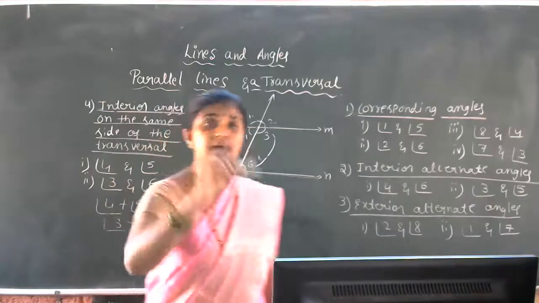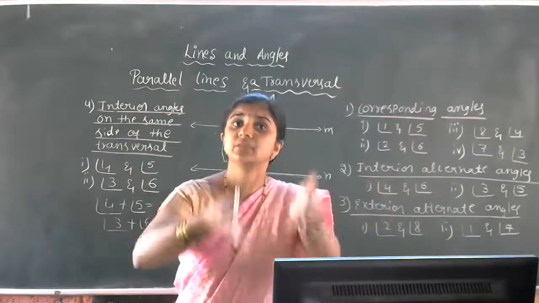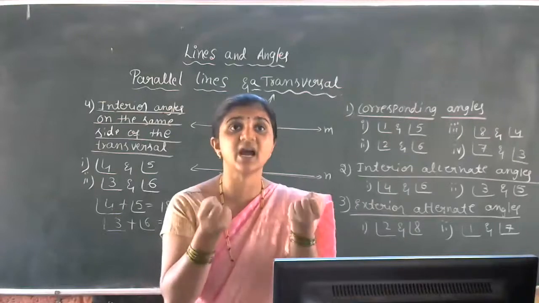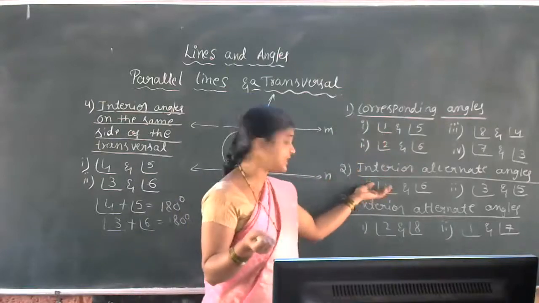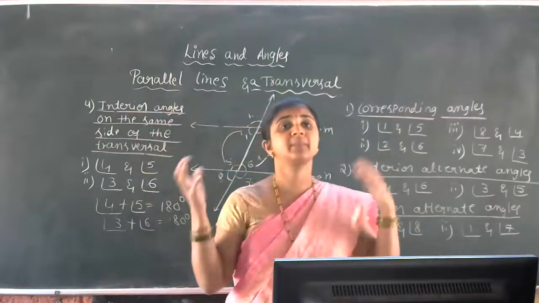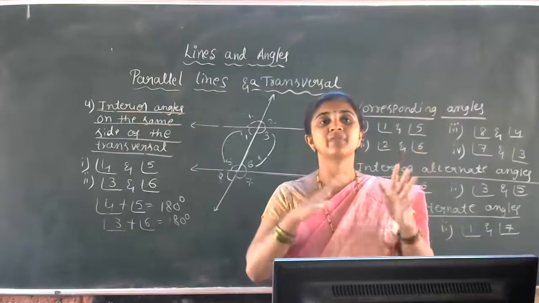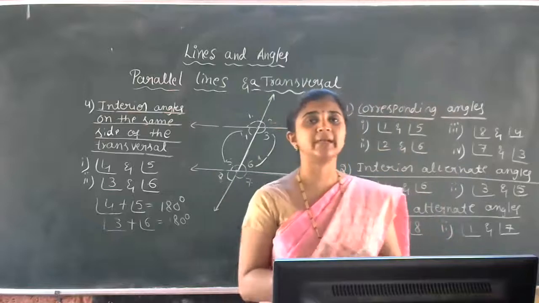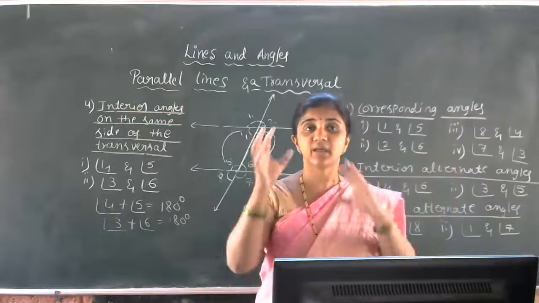You can use the last concept also, what we discussed together in the first exercise. So you can use that concept for the second part also, parallel lines and transversal. But here you get many extra properties: corresponding angles are equal in parallel lines, interior alternate angles are equal, exterior alternate angles are equal, and the sum of interior angles on the same side of the transversal is 180 degrees. With this, vertically opposite angles are equal, and the sum of a linear pair of angles is equal to 180 degrees. So we have to mix all these properties and then work out the problems. We have to apply this knowledge in the problem section.